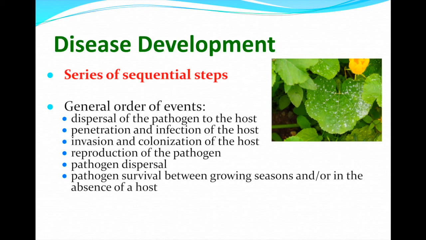Second thing that has to happen is that pathogen has to get into that plant one way or another. Now, when you're talking about fungal pathogens, fungi have the ability to penetrate their host. They can either do this through pressure, using their bodies to force their way in. They could use natural openings and just grow into those natural openings. Or in some cases, they can produce toxins that break down the epidermis of the plant, allow for a sore, and allow for the organism to grow into and then begin to infect or spread into the plant.